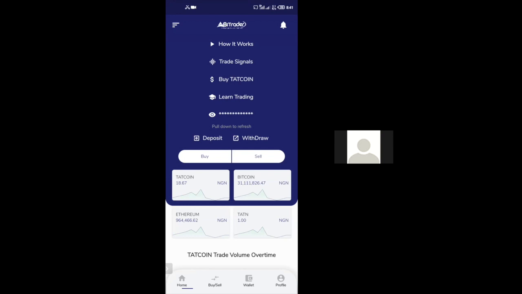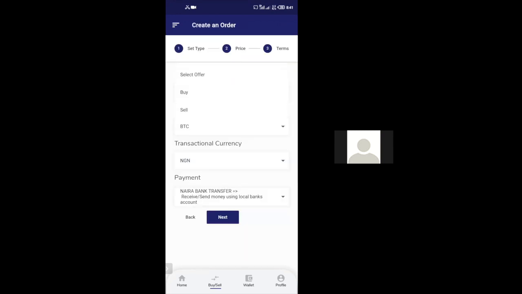Now let's quickly talk about the selling option also. Let's also educate ourselves on the selling option. So we are selling, okay? Now this time I'm selling. I have Tatcoin and I want to sell and have the money credited in my Nigerian bank account. Okay, so Tatcoin I'm selling, and I want it to be Naira. I want to receive Naira. I don't want to receive dollar or any other currency because I'm in Nigeria, and I want it to be